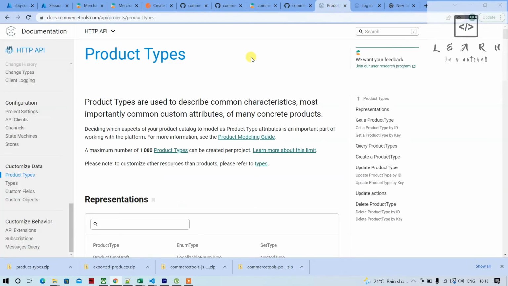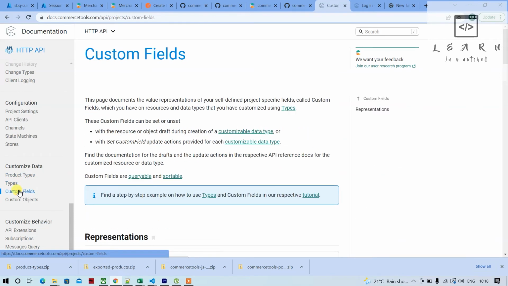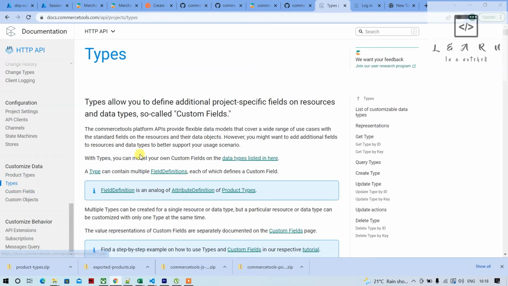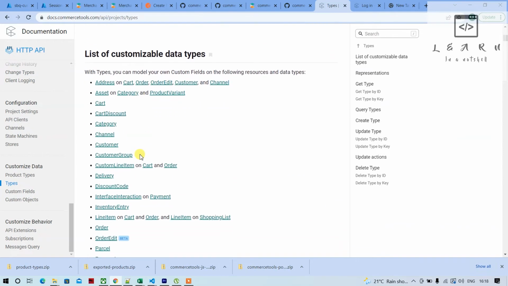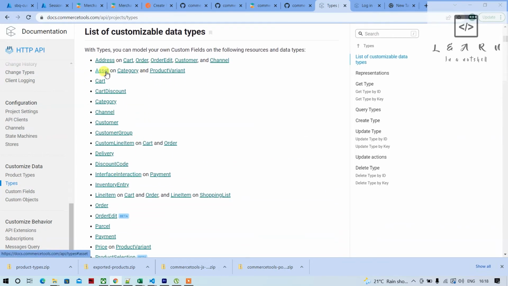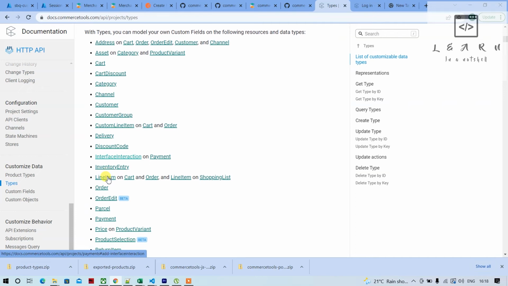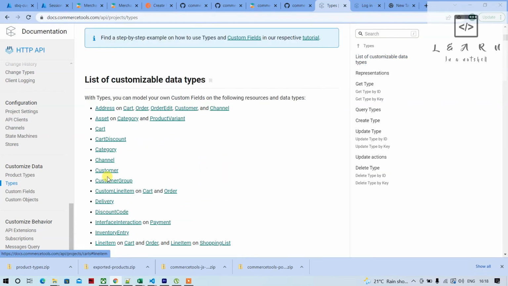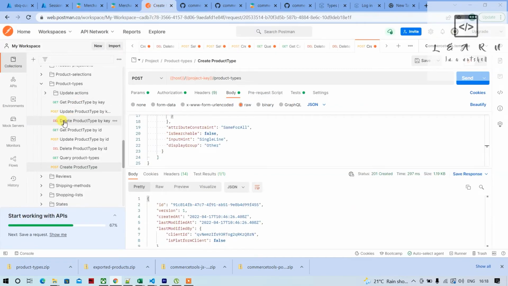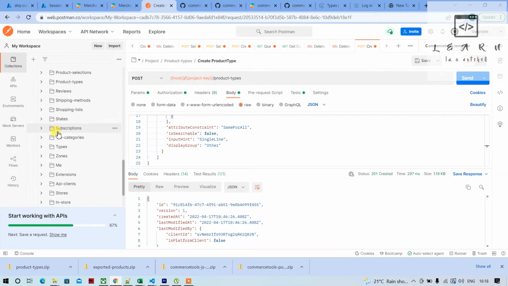Talk about custom fields now. For that we need types and custom fields. First, it is not supported for everything. These are the list of items that custom fields and types are supported for. So this cart, I tried for carts, it's not working. So what we'll do is we'll go to types first